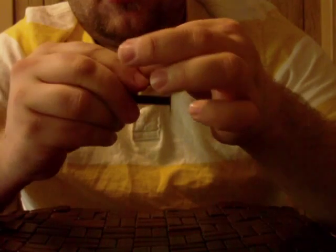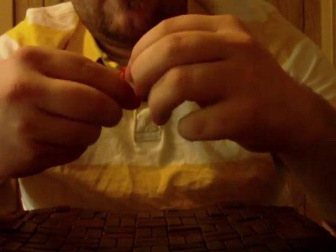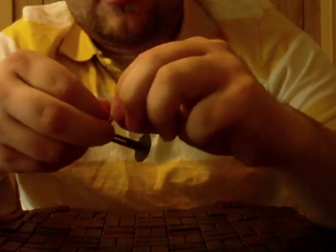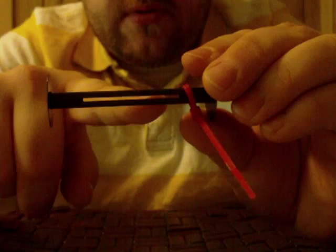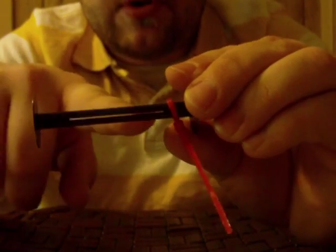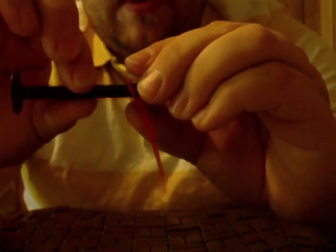So I take a zip tie, wrap it around my reel, just like that, and I tighten it down. And when you tighten that, you want to tighten it off of your take-up slot, which is right here, because it will bend these. So take it up to the end before you tighten it down, and then tighten it